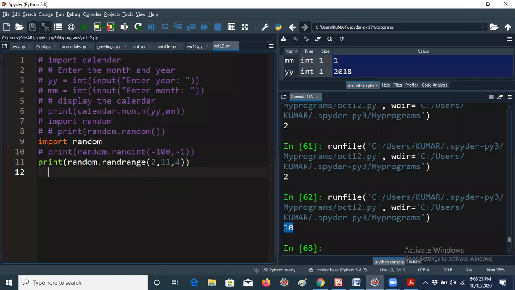So they will give 2, 11, 4. How many values will we get like this? So that means you will get 2, then 2 plus 4. That is how it is coming. Once again, I'm telling, guys, please. The first element is nothing but 2. After that, 4 means 2 plus 4, that is 6. Then 6 plus 4 again, that is 10. This is called the step count, you know already. Then again 10 plus 4 is 14, but that is not in the range. That means that is the ending number, so it is out of range. That's the reason it is getting 2, 6, 10 only. Okay. So in that way, you should think, guys.